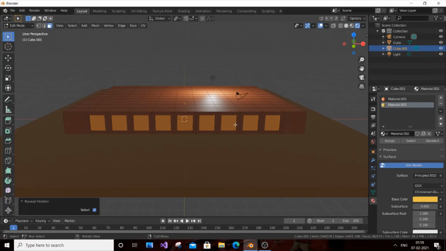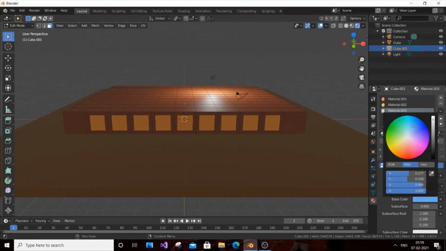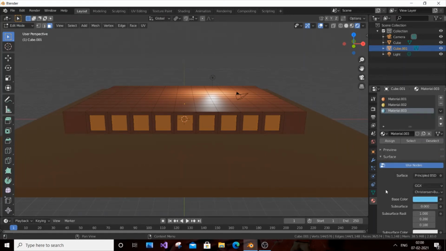So now to assign colors, it's the same thing. Just go to material, click new, and base color. Generally, glass looks somewhat lightish blue because of the reflection of the sky, very lightish blue, or any blue that you like. I am not going to interfere with your selection. I think this blue is good. Now just press assign, that's the important thing. Press assign and click outside. So boom, you have got our blue color.